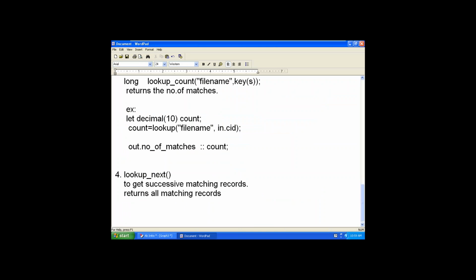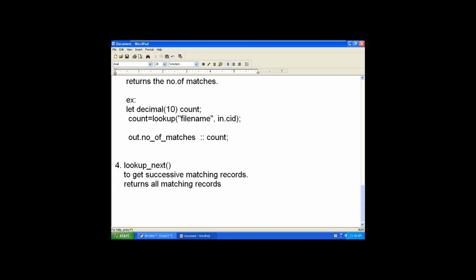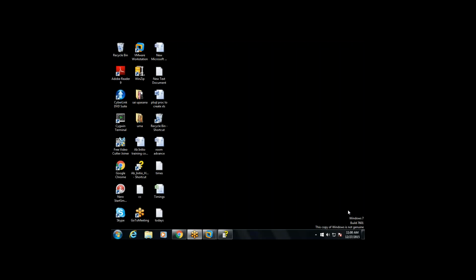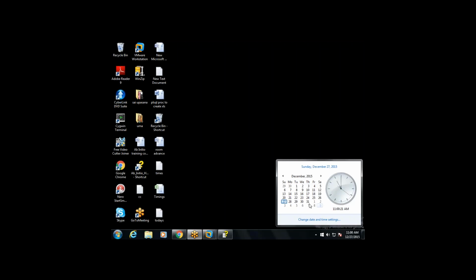Okay, tomorrow I will discuss the remaining functions, and we have to discuss dynamic lookup and catalog lookup. Two concepts we have to discuss. One more hour we have to discuss about lookup. After that I will go to summarization, how to summarize the data. Okay, so we have sessions tomorrow and the day after tomorrow only. 28th we have, 29 we have, 30 I will be